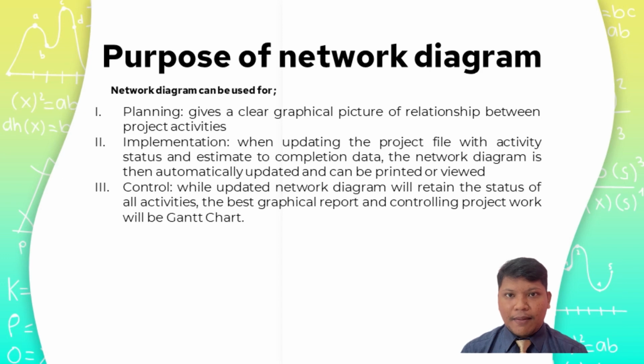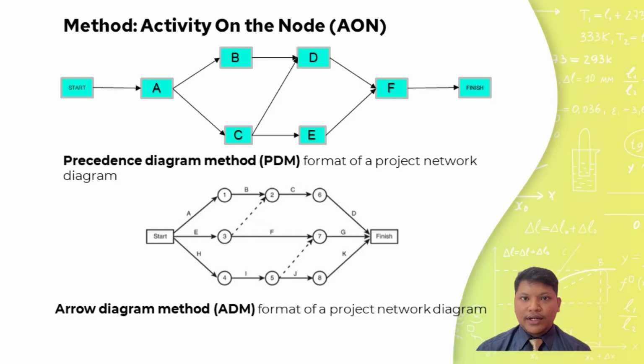While the updated diagram will retain the status of all activities, the Gantt chart may be the most effective graphical report for controlling project work. By comparing the planned schedule to the actual progress, it is possible to identify any deviation and take corrective action as needed. A network diagram is a visual representation of a project schedule that shows the tasks, dependencies, and duration of a project. There are two main types of network diagram: the precedence diagram method (PDM) and the arrow diagram